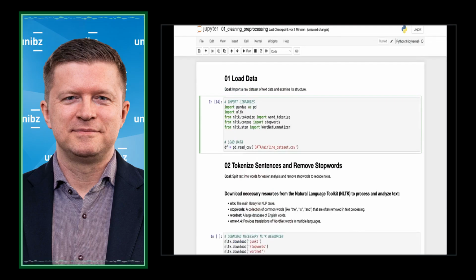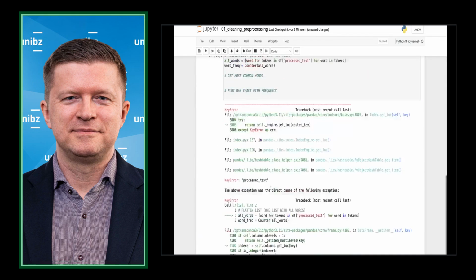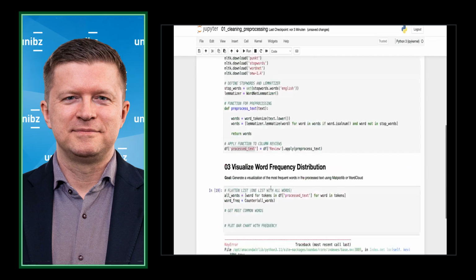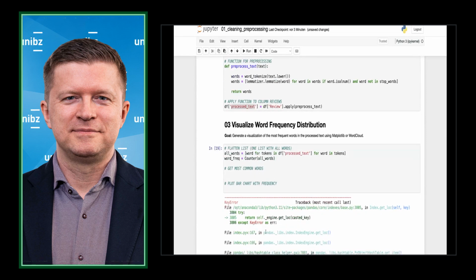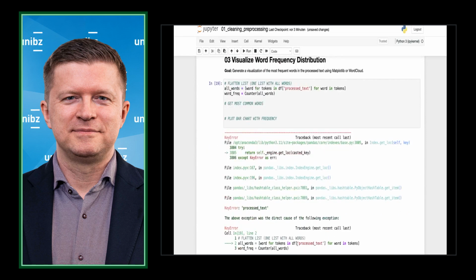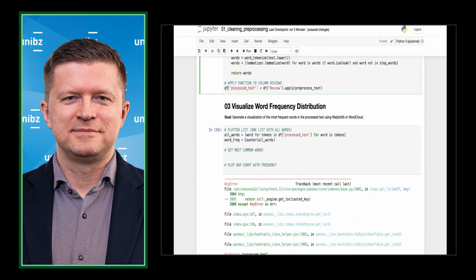To use the Counter function, we have to import it. I'm pretty sure it's in here.